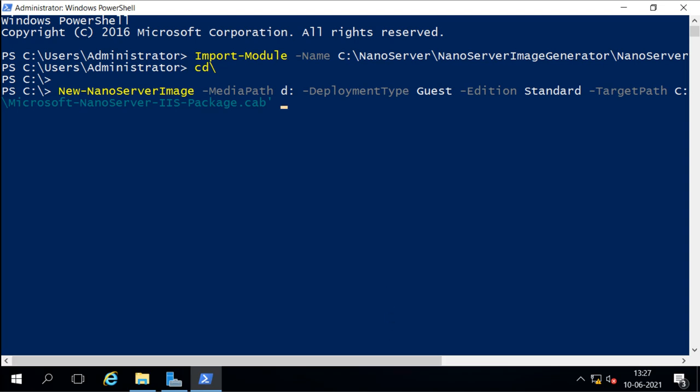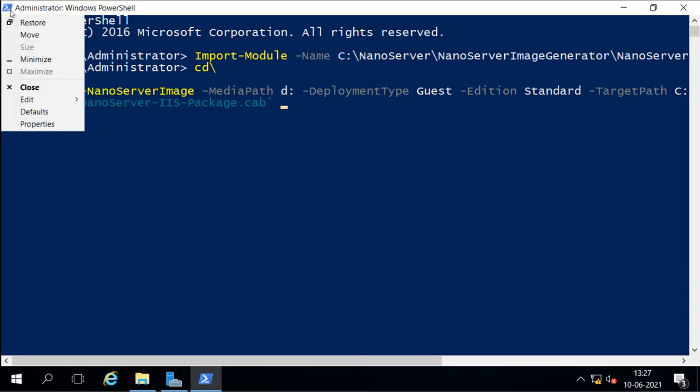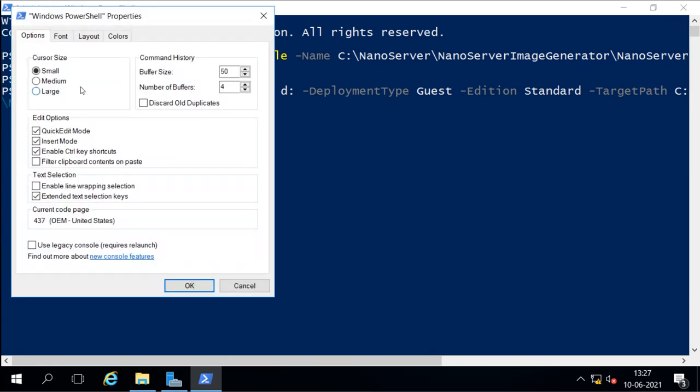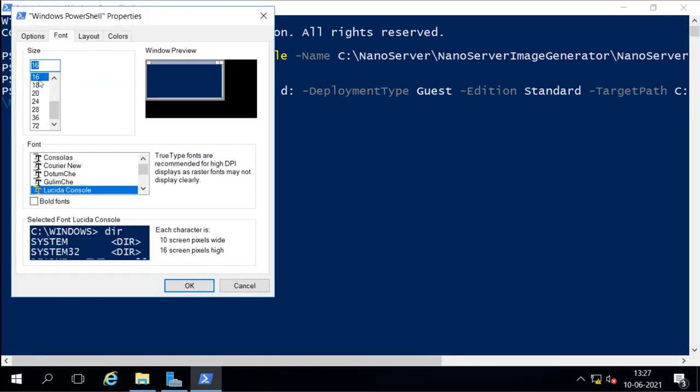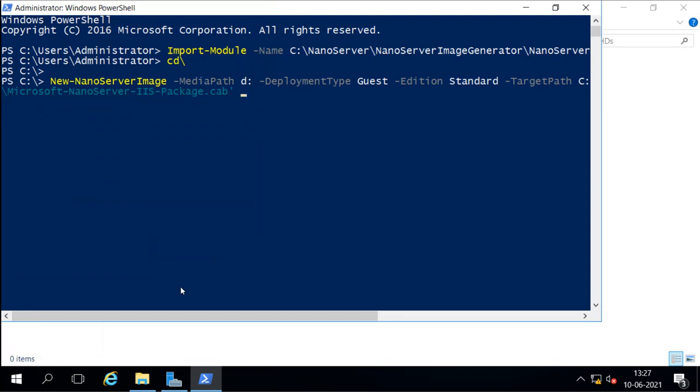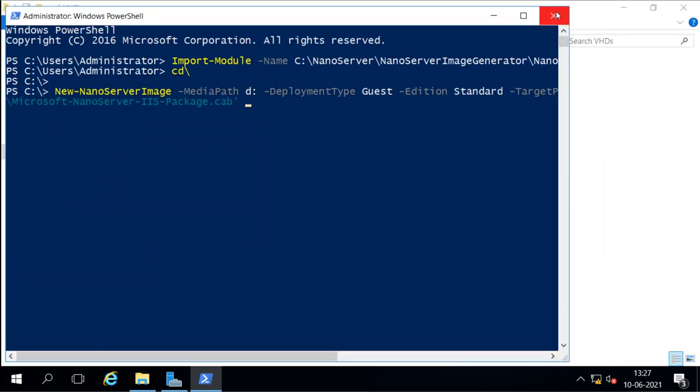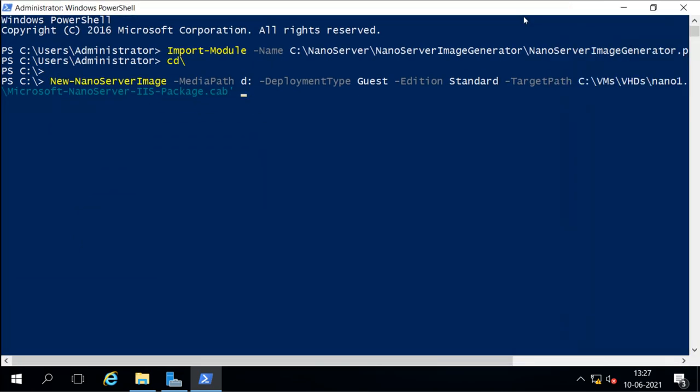Now the command is big and it is not fitting into this screen, so I will decrease the font size so that it can fit. It is still not fitting, so I will decrease more.